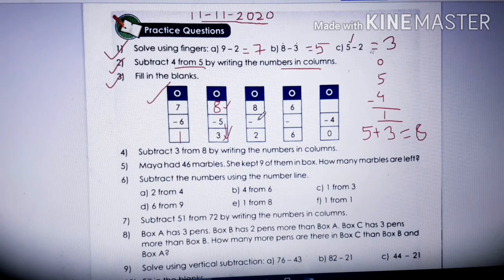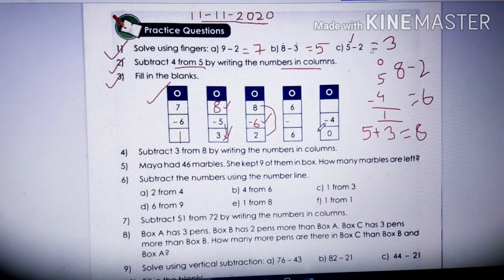Understood? Okay. Now children, here we need a smaller number. Below the greater number comes what? Smaller number, isn't it? And smaller number, how will we get? By subtracting, isn't it? So 8 minus 2. 8, open 8 fingers and close 2 fingers. So how many fingers remain open, children? 6 fingers, isn't it? So 6 will come here.